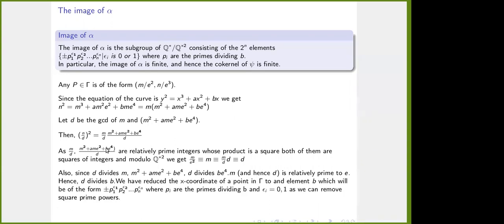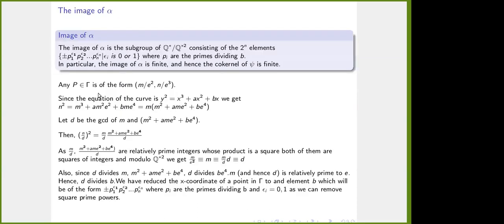So the GCD will divide B, and so we've reduced the x coordinate of a point in gamma to an element which will be of the form: an element D which divides B. If you take the prime factors, the p_i will be basically the prime factors of B. P1 to the epsilon 1, P2 to the epsilon 2, and we can take the epsilon i to be 1 or 0, because if it's P1 squared, like 5 or something, the P1 to the 4 you can get rid of it because you're going modulo q star square. So the epsilon i will just be 0 or 1,